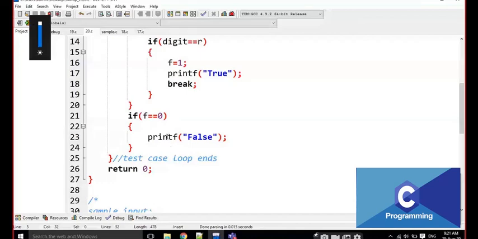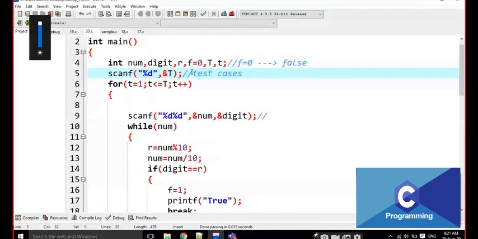Why? Because for every test case we have to make f equal to 0 again. For every test case we are going to change the f value to 0. That's why it is not printing.